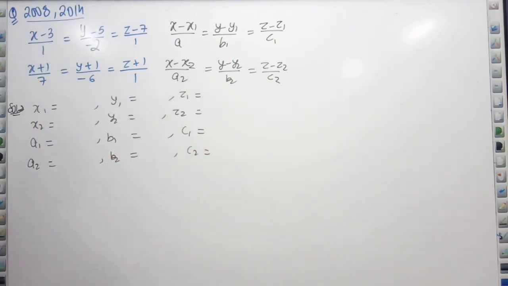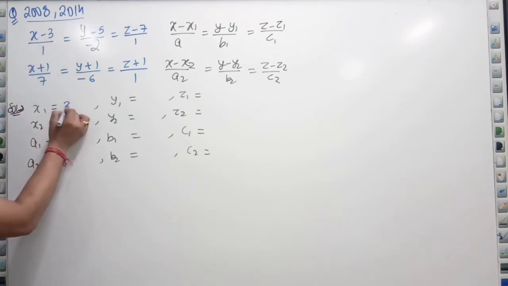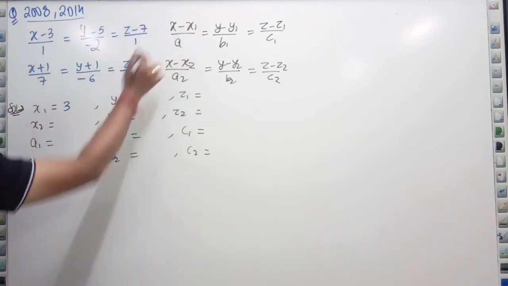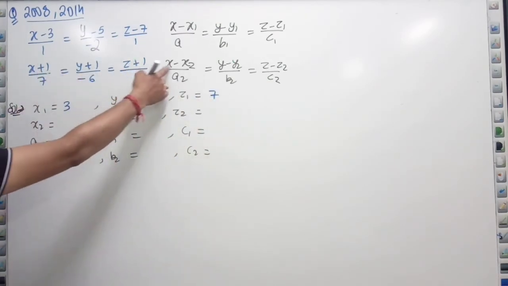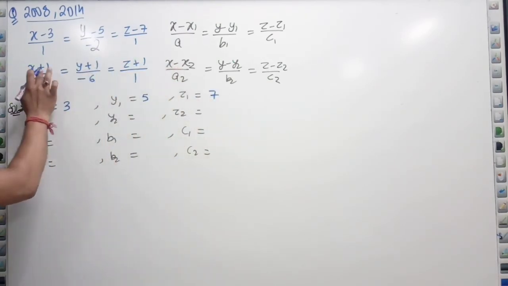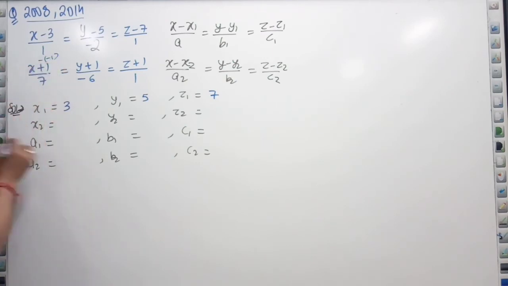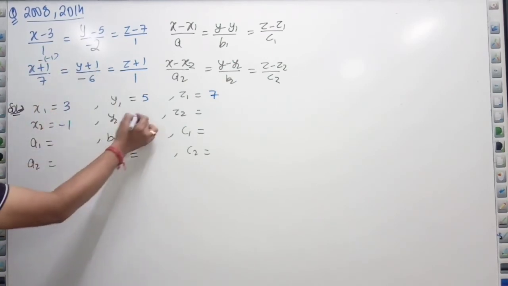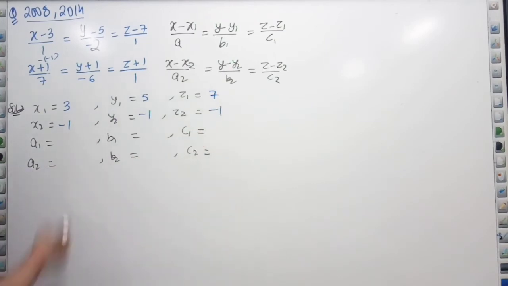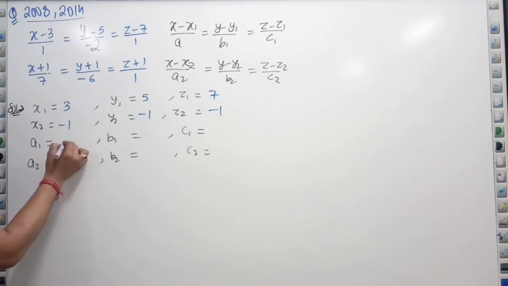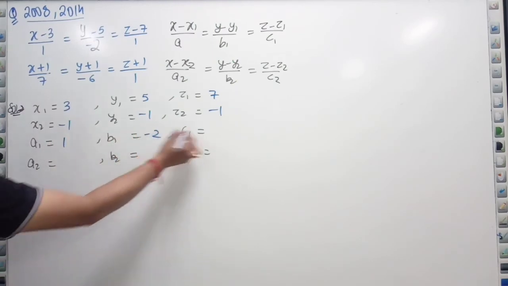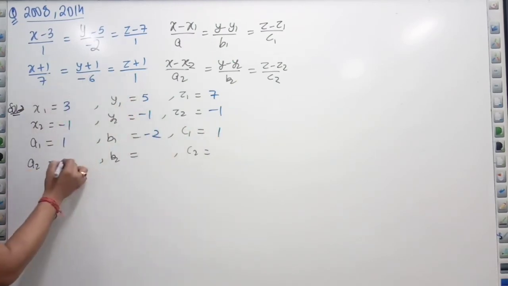Right? What is x1 here? x1 is 3. Compare it. What is y1? 5, z1 7, x2 देखो x minus x2 या प्लस है, तो अगर इस प्लस को माइनस करना है तो माइनस ऑफ -1 लिखना पड़ेगा, मींस -1, this is -1, this is also -1. a1, what is a1? 2, 1, 2, 1, and 7 minus 6 is 1.